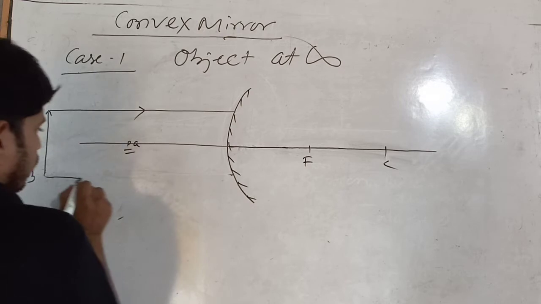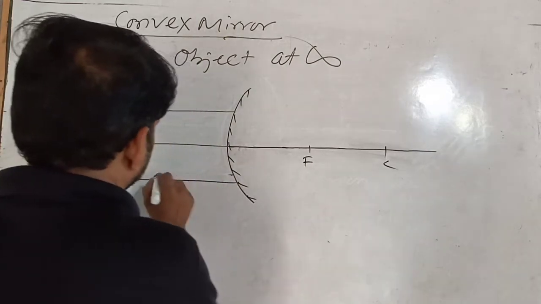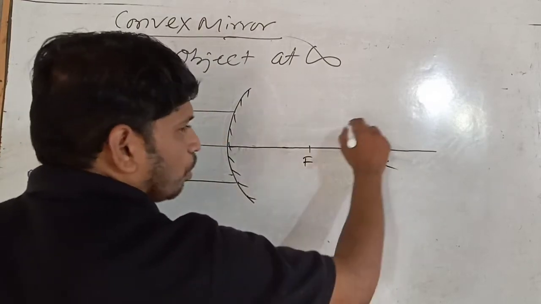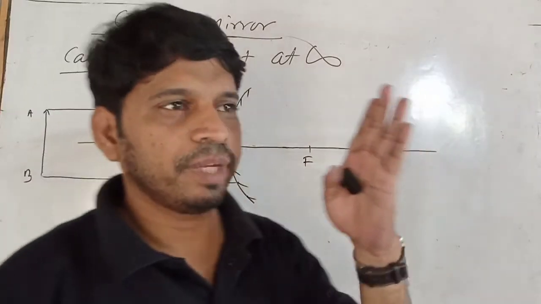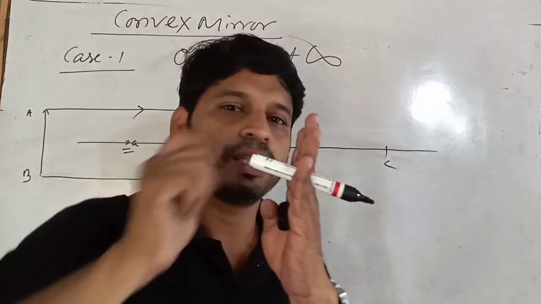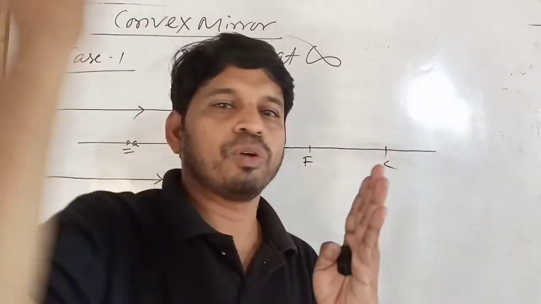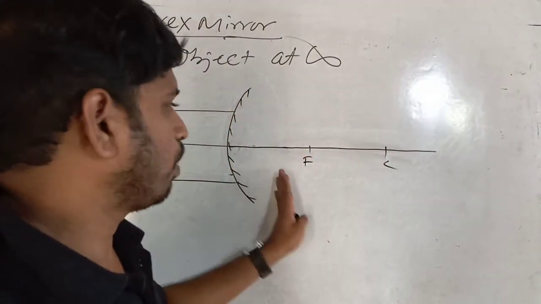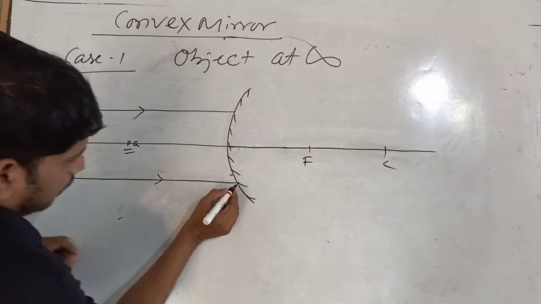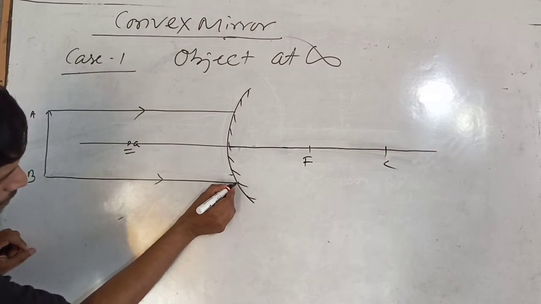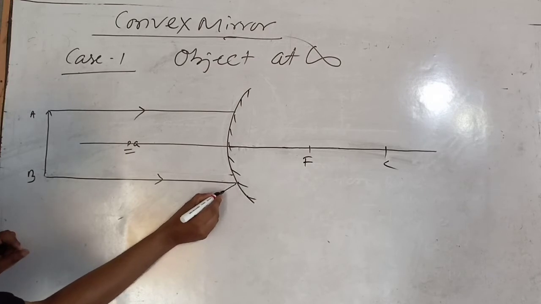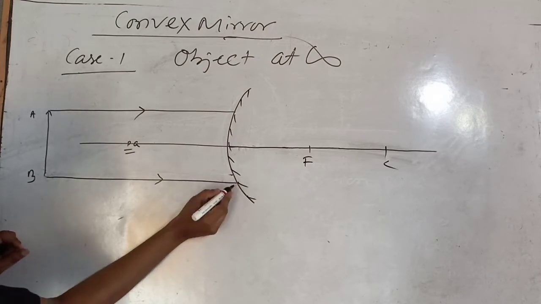In this case, it could not go along this line because a mirror is not transparent, it is reflecting. No ray will pass through it, rays will bounce back. So here no rays will come to this side. So what will happen? This ray will reflect back, making the same angle.